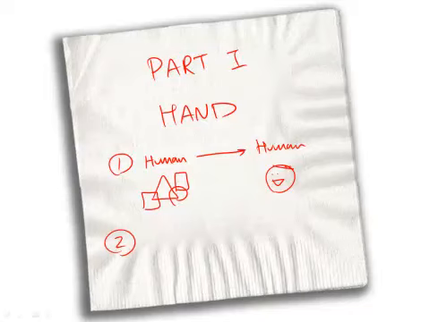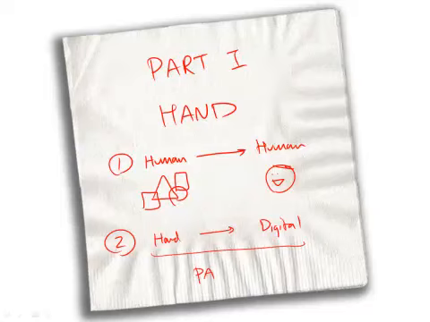The second is that there is a transition that we can go through from hand-drawn to digital to take advantage of the best aspects of technology without having to force ourselves to draw through a mouse or using a keyboard, which is going to kill much of our creativity. And it's this transition from hand-drawn to digital that we're going to focus on in part